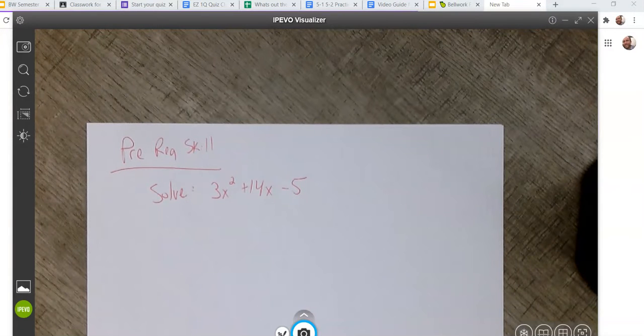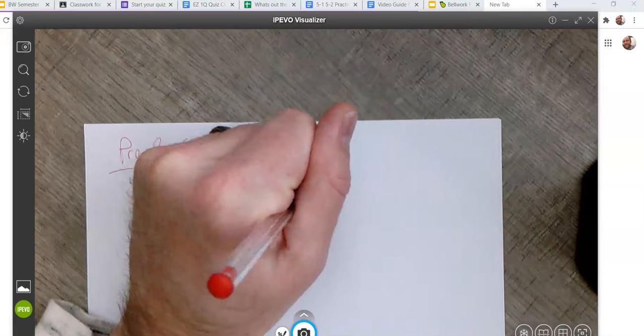Hi, Trig. We are firmly in chapter 5. Right now we're in 5-3, and I only showed you the first part of solving trig equations and what a general solution was and how to work with them. Okay, before we get into the second part of 5-3, I wanted to do a little prerequisite skill,